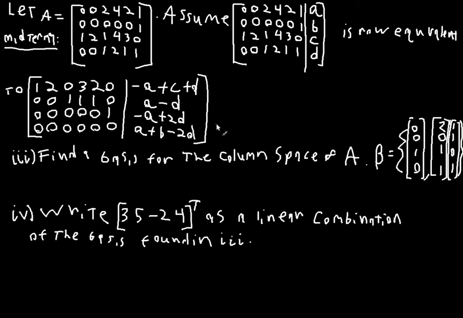Now, if we could write it out so that the linear combination didn't involve any of these extraneous vectors, then we would have it as a linear combination of the basis found in the original. So how do we do that? Well, all we need to do is take the reduced row echelon form of this big